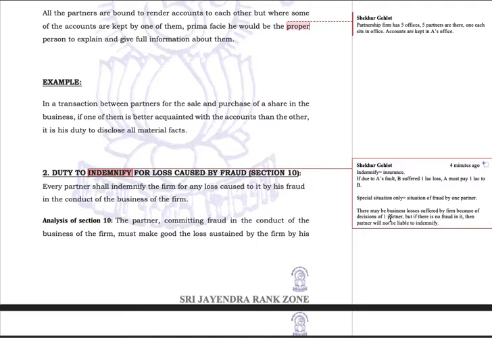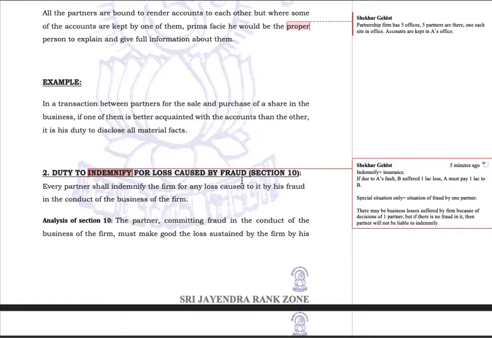When a partnership suffers genuine loss due to a genuine act of a partner, then this partner has no duty, no moral as well as no legal duty, to indemnify or to insure or to pay back the loss suffered by other partners. Here we are talking only about situations of duty to indemnify for loss caused by fraud. Suppose this partner has committed a fraud and due to that fraud, the firm has suffered a loss. Sorry, I again and again keep on saying company because company is a very usual term. So the firm has